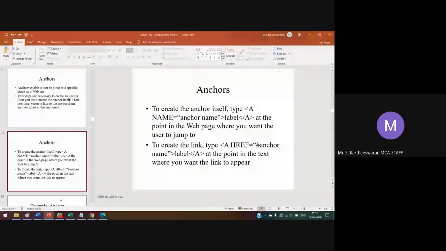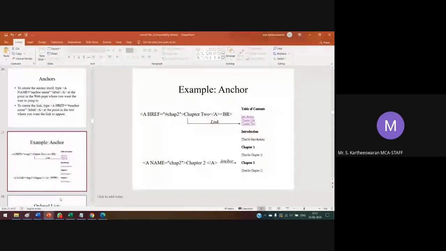Similarly, you have to provide links for the table of contents, introduction, chapter 1, chapter 2, chapter 3. You have to provide the link for the downloaded document as well as the PDF and the image file.